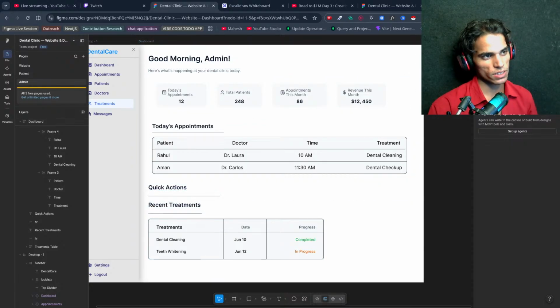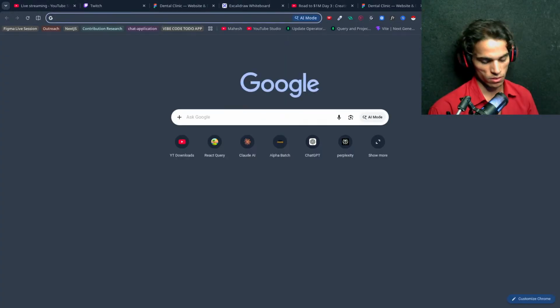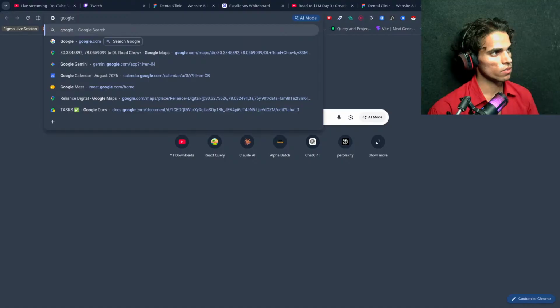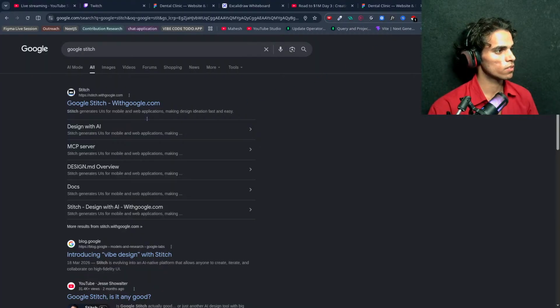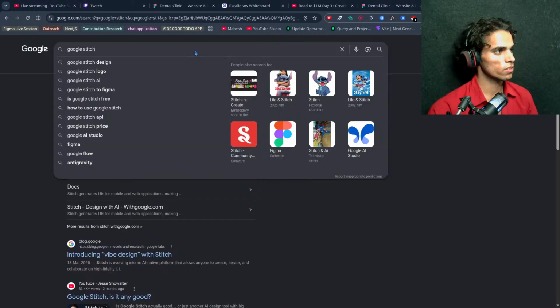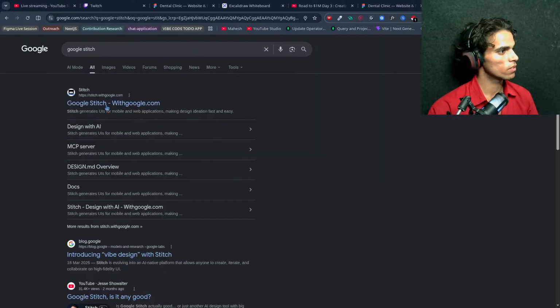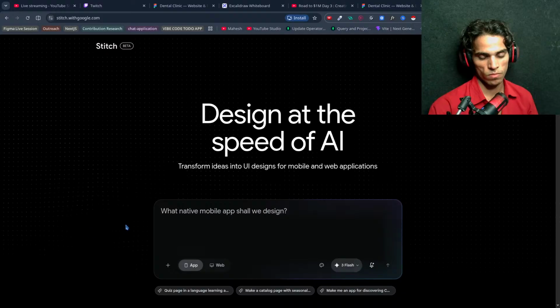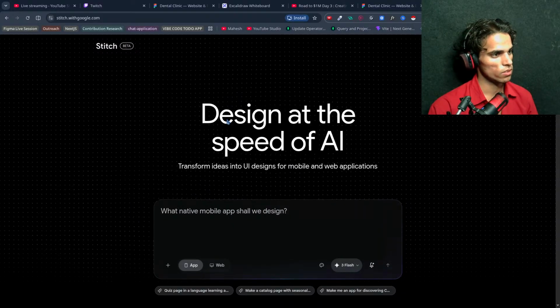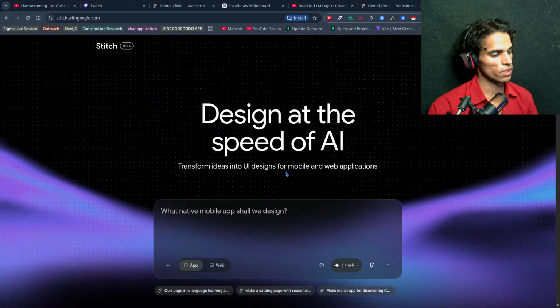What is Google Stitch? Design with Google. Transfer ideas into UI design.